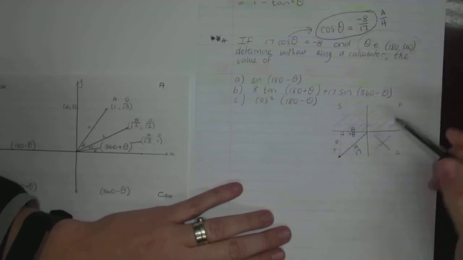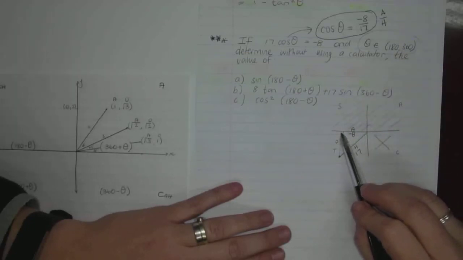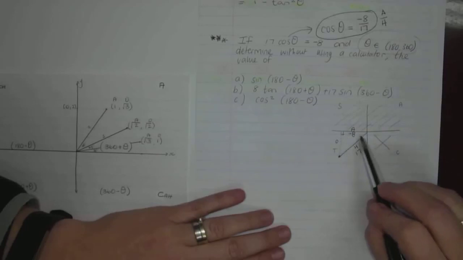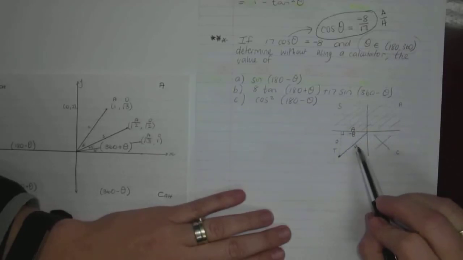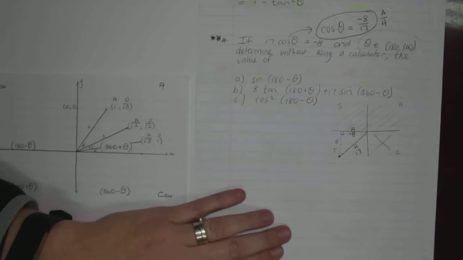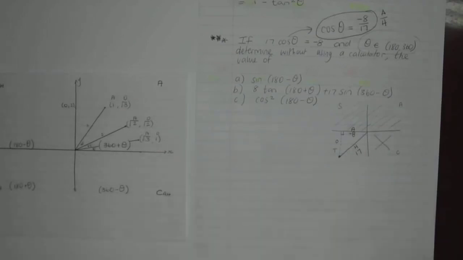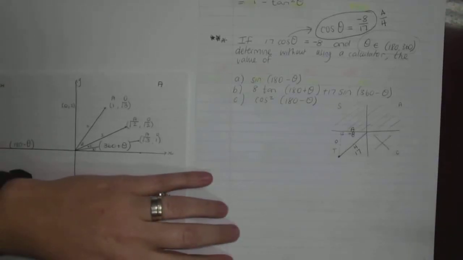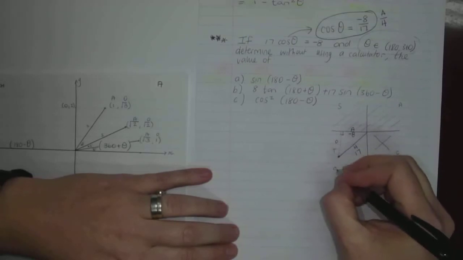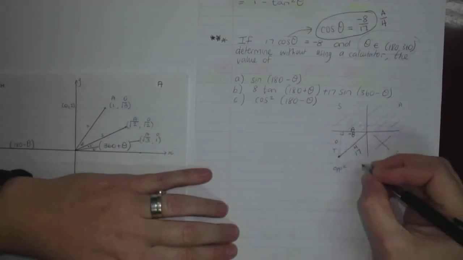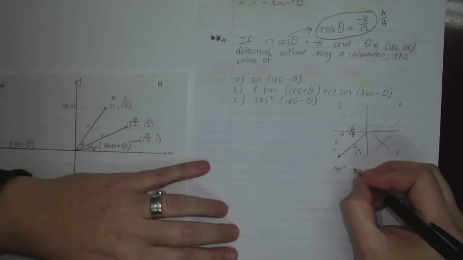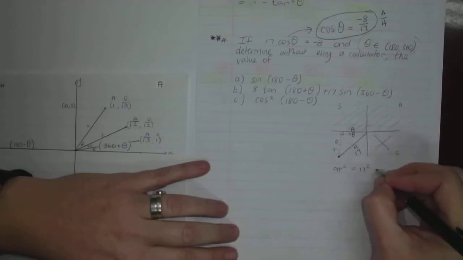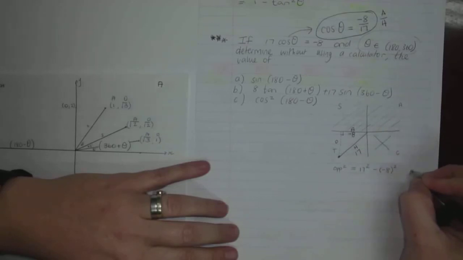That makes absolute sense because we're on the left-hand side. By having that, I can work out the opposite side using Pythagoras. So the opposite side squared